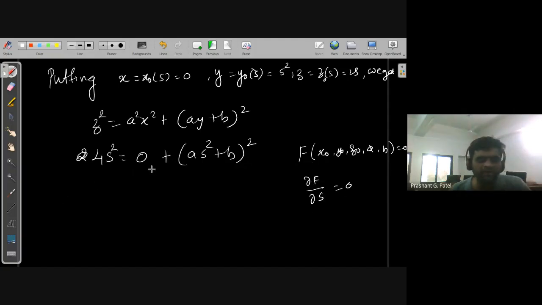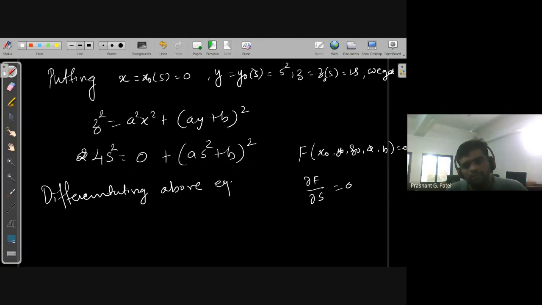We need to differentiate this equation with respect to s. So differentiating above equation with respect to s, we get, so what we will get here, it is 8s